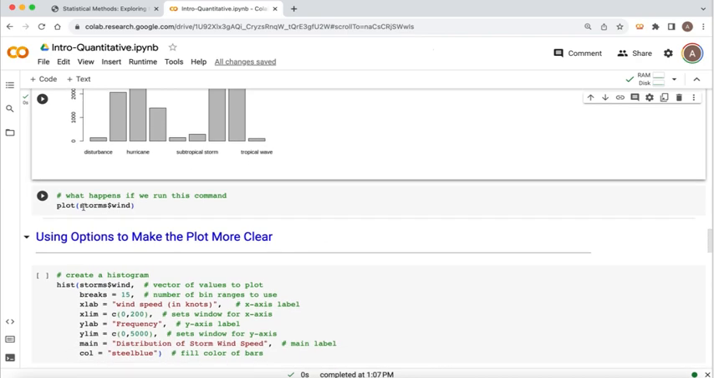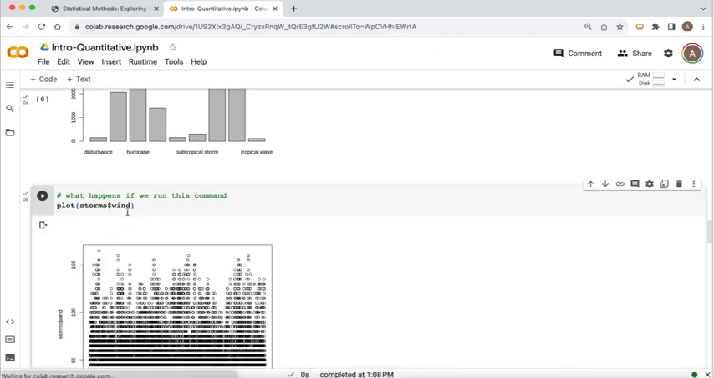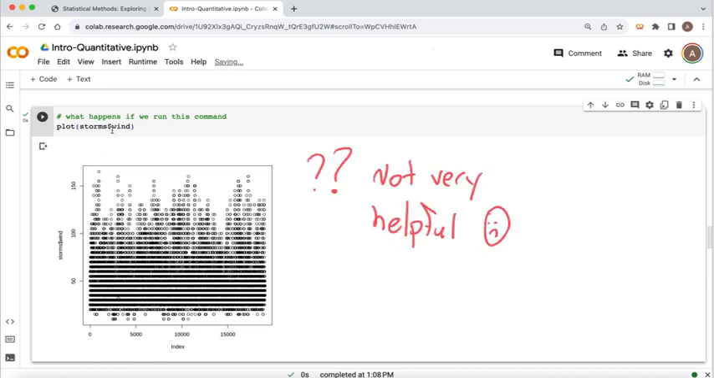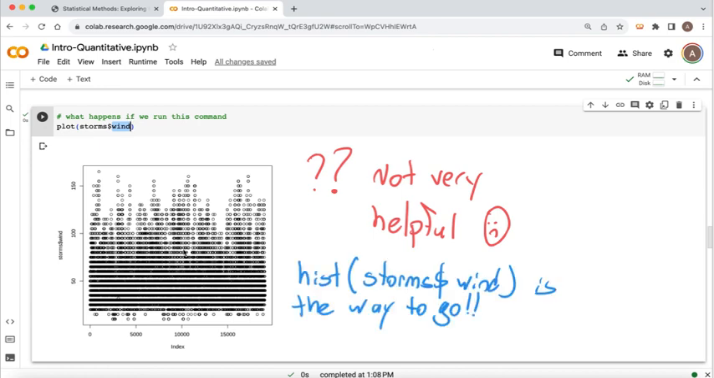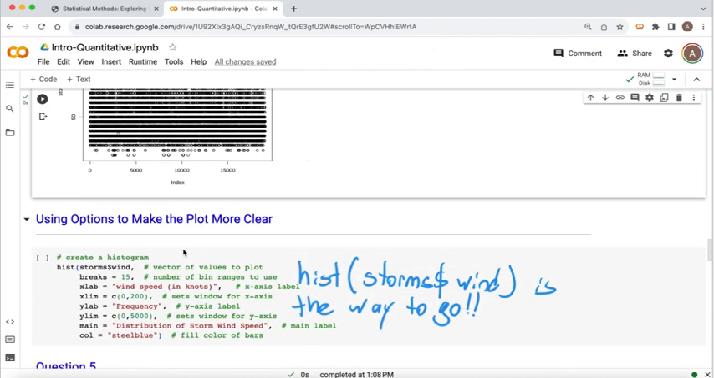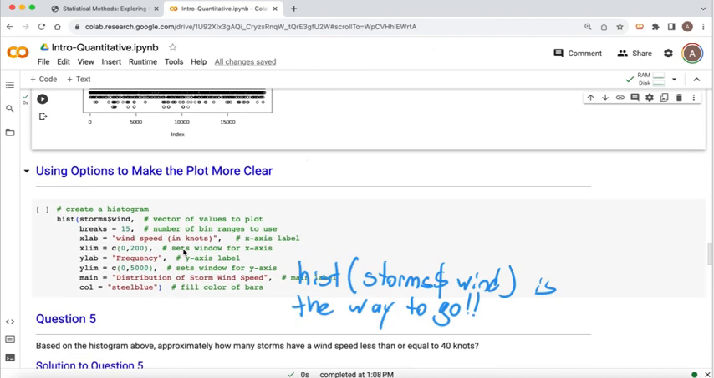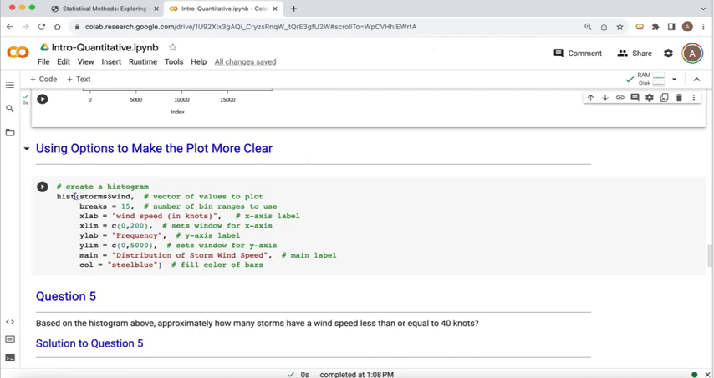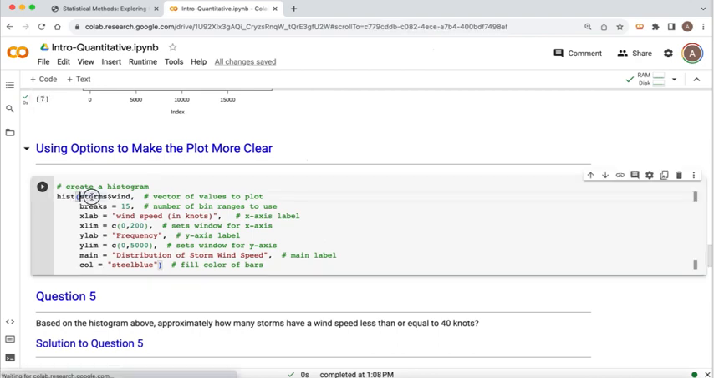If I try plot storms wind, I get an index plot over here. The wind variable is being stored as an integer numeric, and the default plot that R is coming up with is maybe not the most helpful plot. So we really want to use a histogram, and we'll see box plots as well as nice ways to summarize quantitative data. So down below, I'm going to make the same plot, a histogram of the wind speeds,